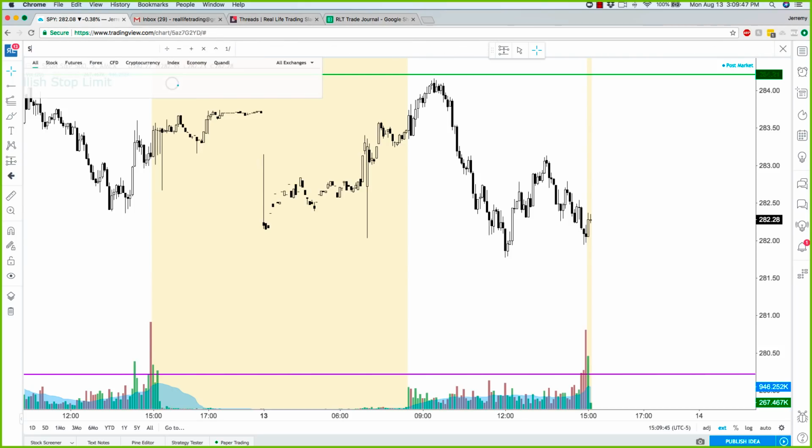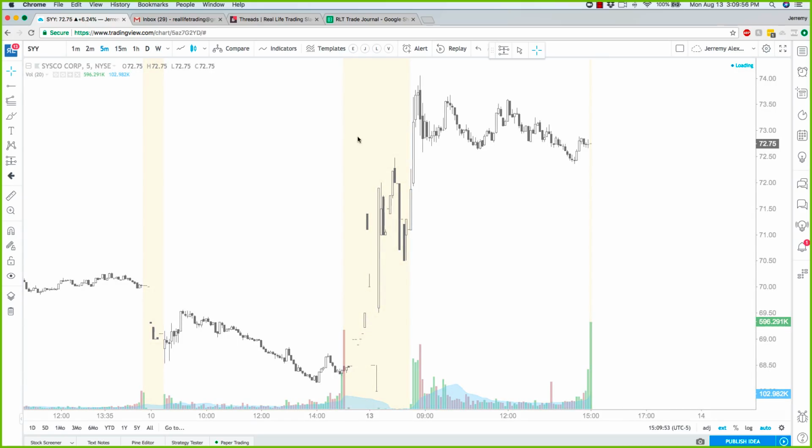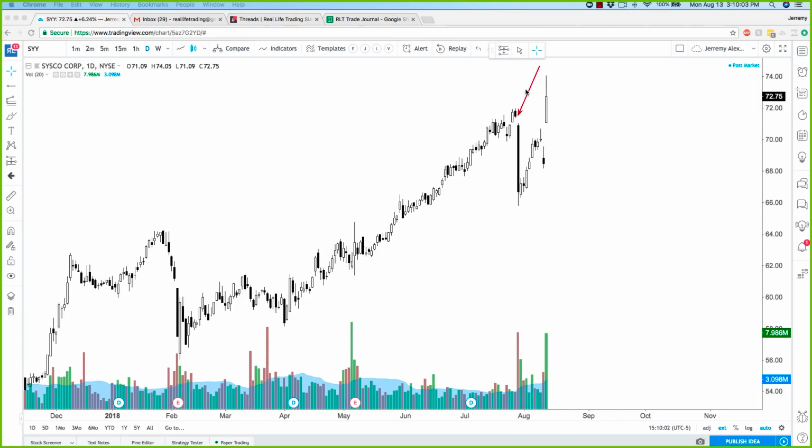Now, if you remove the P and add another Y, you get the other trade that I took today, SYY. And this one in particular, really good bullish gap and go. So here's the gap and go, nice bearish candle the other day of course being Friday. And this stock gapping above the open of this candle, really trapping those people. But you did have some bulls, right? All of these guys who had bought. So you had a lot of people who were trapped for sure, but kind of a little bit of a